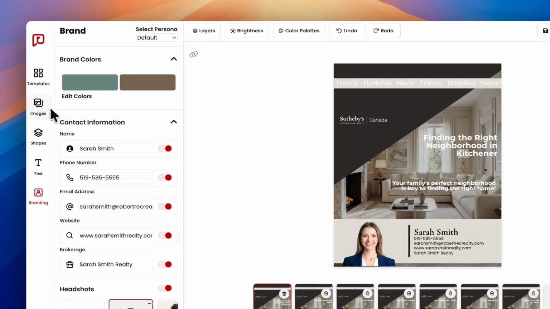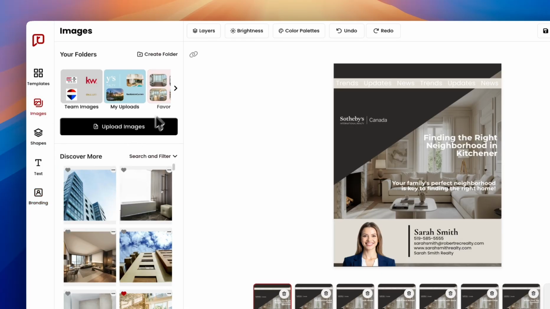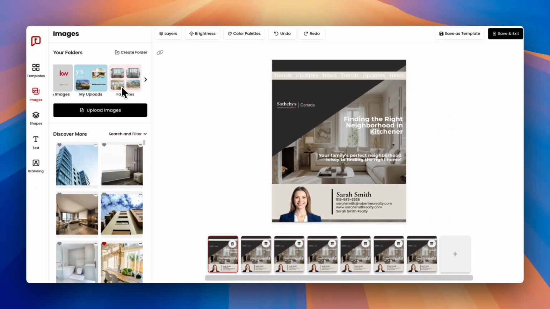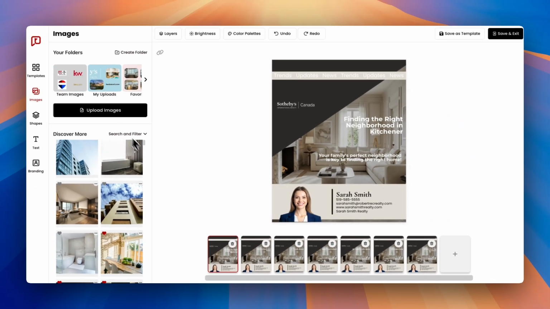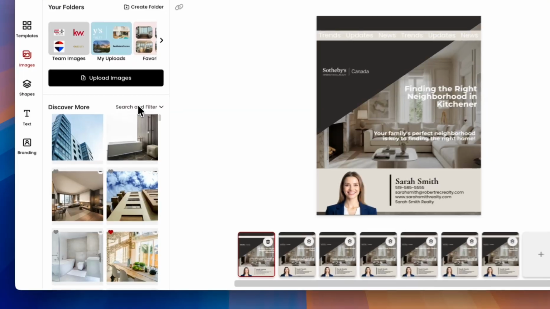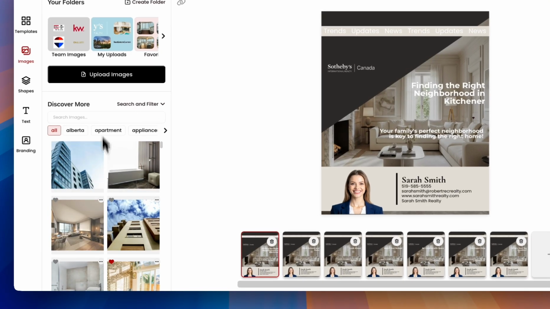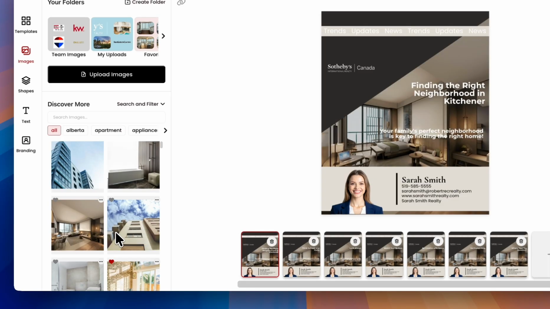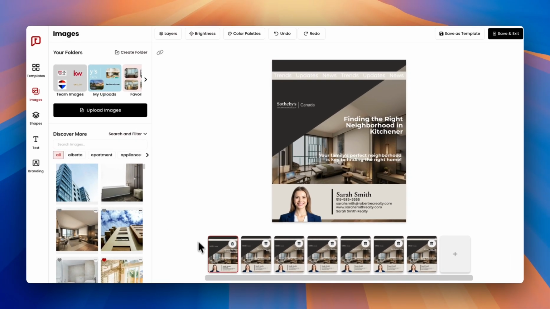Up next, you have images. Here you can manage your uploads, review and sort folders, and of course have access to all of the images from within our library. To search for any images, you can use the scroll or you can use the search and filter functions. To swap a background, simply click these three dots on the image you'd like to use and click Set as Background. You'll notice that all images in all slides have been changed to my newly selected background,